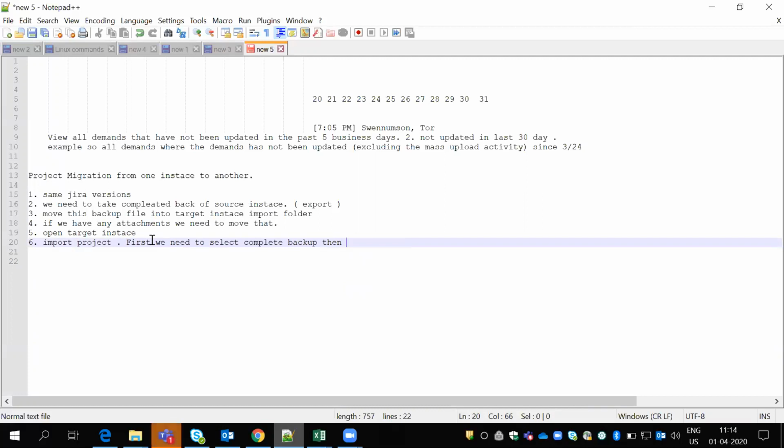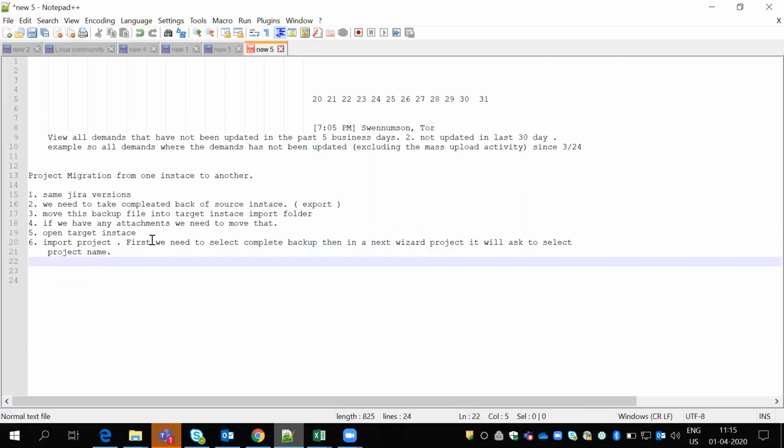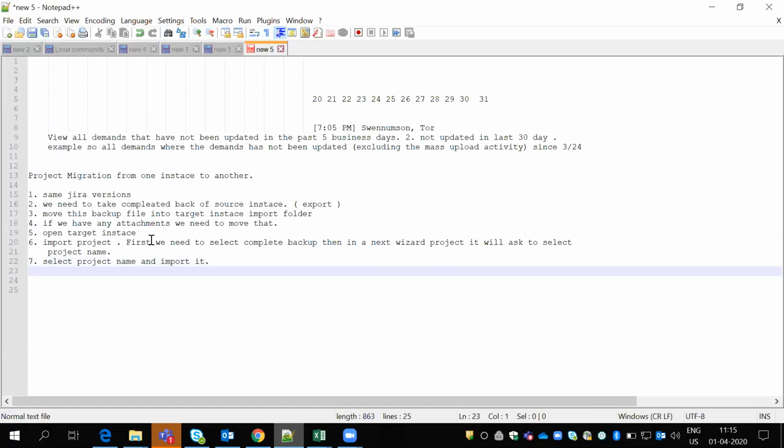Then in the next wizard step, it will ask to select the project's name. Select the project name and import it. Only the selected project is imported.